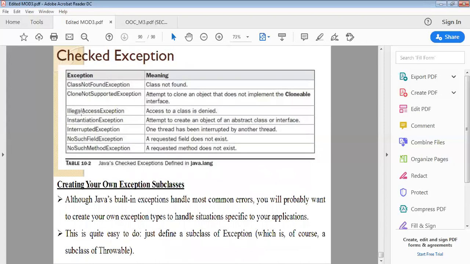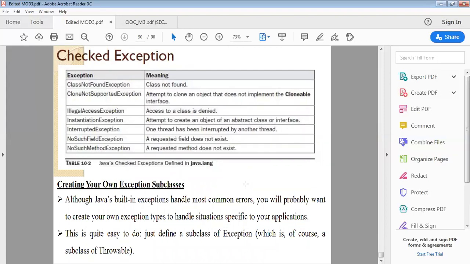Checked exceptions will be handled by the Java exception handler. You can also create your own exception subclasses. As Java's built-in exceptions are there, you can create your own exceptions, and this is quite easy. The exception you create should belong to the class Throwable.